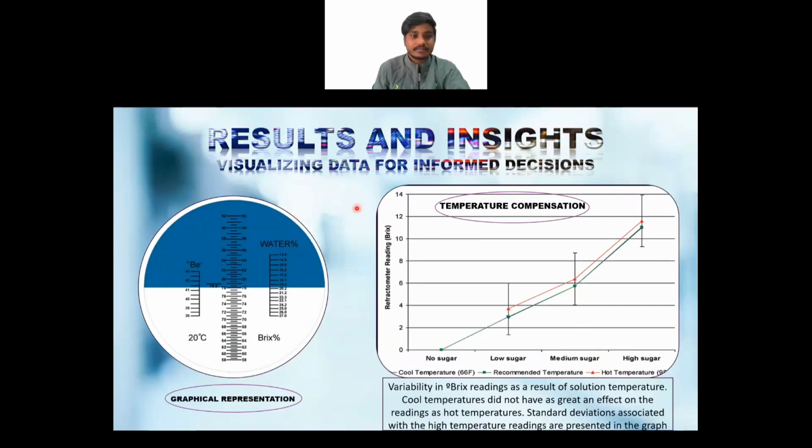And next, results and insights. Let's say, for example, this is the result that you are observing in a handheld refractometer. Let's see how you can analyze by observing this. Blue and white division: the boundary line where the blue on top and white on the bottom areas meet indicates the refractive index reading. Here it is around 78.8,